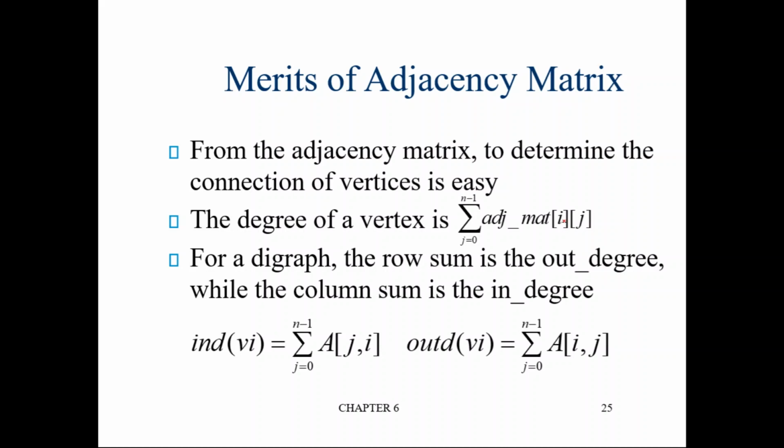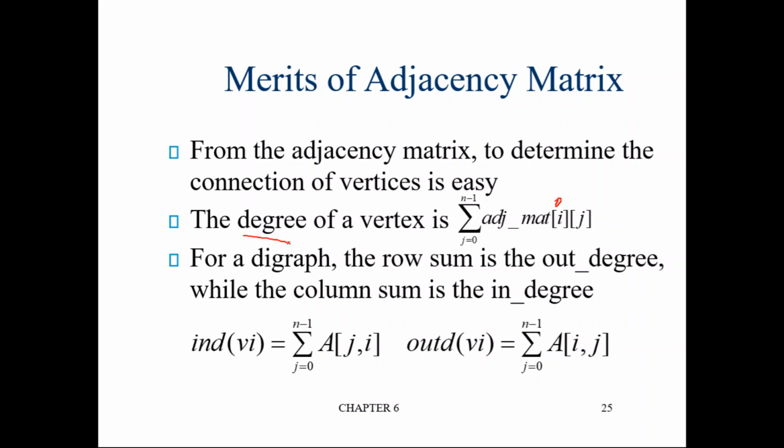In adjacency matrix of i comma j, i is not changing. I represents any row. Row number also ranges from 0 to n minus 1. If i is 0, it represents the 0th row or 0th node. If i is 4, it represents the 4th row or 4th node. But j is going to change. So in a particular row, we are adding all the elements of the respective columns. That will give you the degree of the vertex.